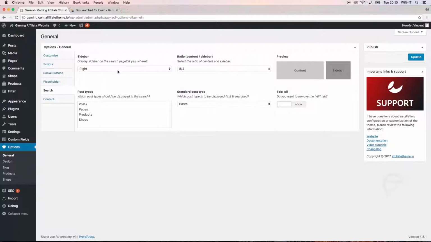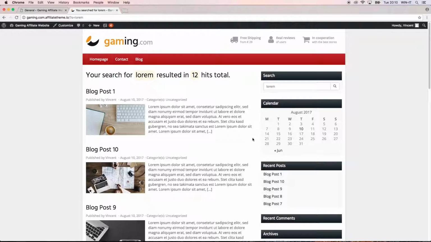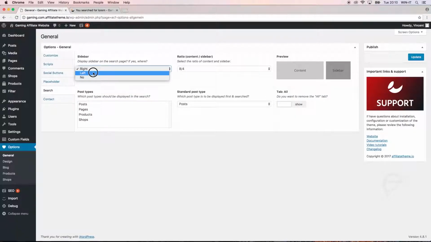So again, you can first of all define where the sidebar appears. So should it be here on the right, like right now, or maybe you want to have it again on the left side. So let's just choose left for now. Click update,